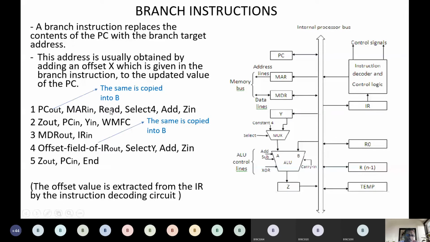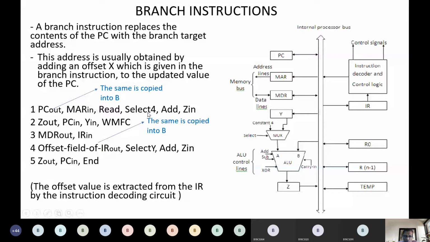But when does the read signal complete? It takes some time. The completion of the read signal is indicated by the control signal we call the memory function complete signal. The read signal takes a certain time to complete. After the read, the data will be stored in the MDR register. We already know this. But since it takes time, meanwhile what we do is execute these three and these three instructions.